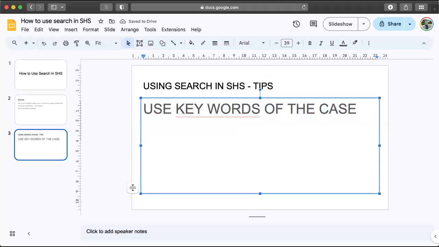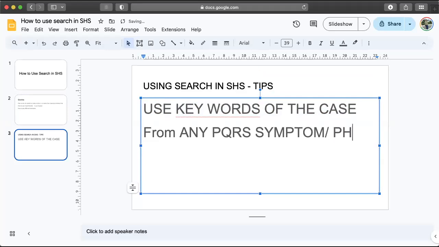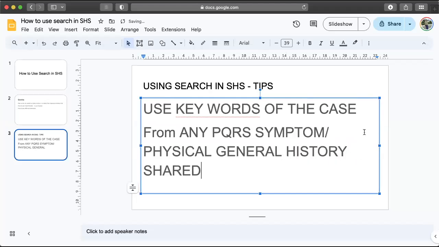So I suggest that you use the keywords of the case. Whether it is any particular symptom, any particular PQRS symptom, physical general, etc. So try to use the keywords from the history. It can be anywhere. It can be in the PQRS symptom, it can be in the physical general, it can be in the concomitant, it can be in the history, the constitutional, or any concomitant or anything,